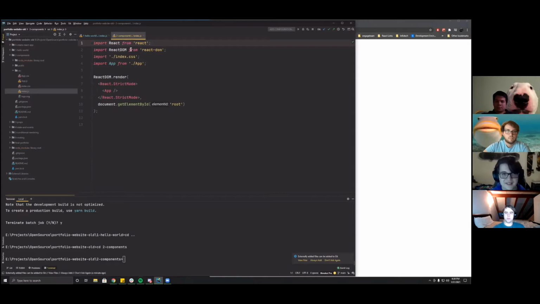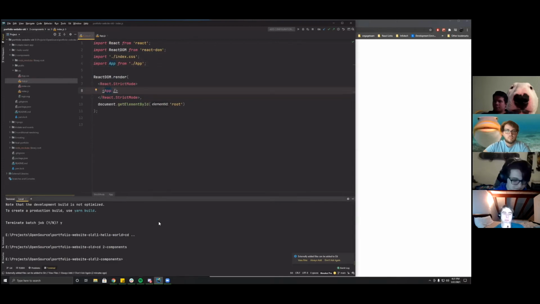So if I go back to this file, index.js, you can see that I'm importing a few more libraries, and I'm rendering stuff. But there's a little bit more going on here. I wouldn't worry again too much about exactly how this React syntax works. The important part to get out of this is app. So here I'm importing something called app, which is a file. It's right here, app.js, into this one. And I can actually render it right here. So when I start this up,